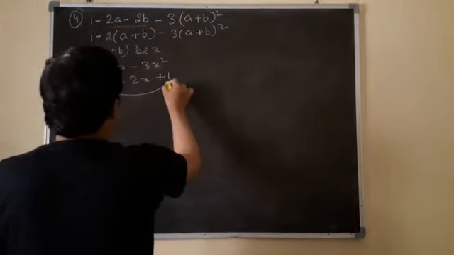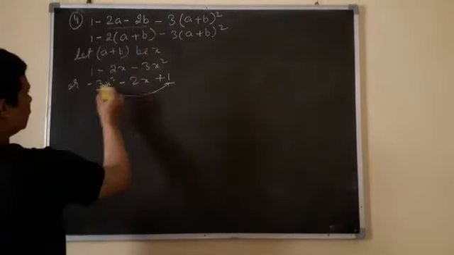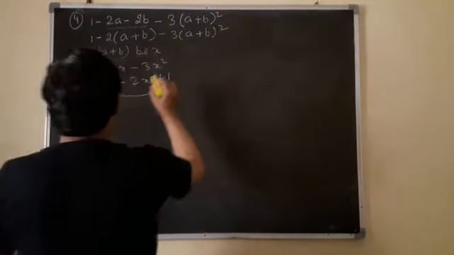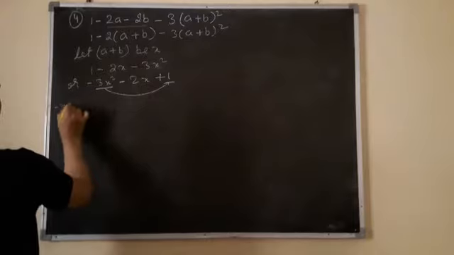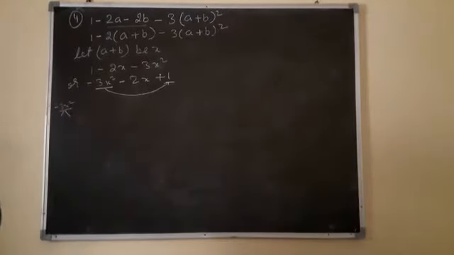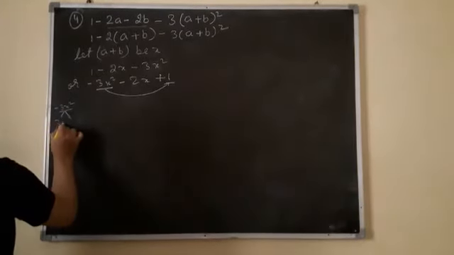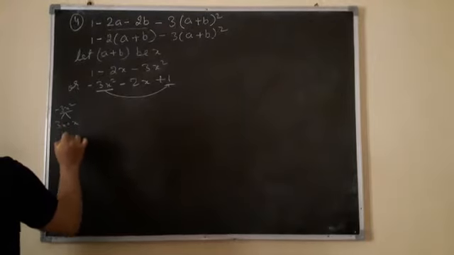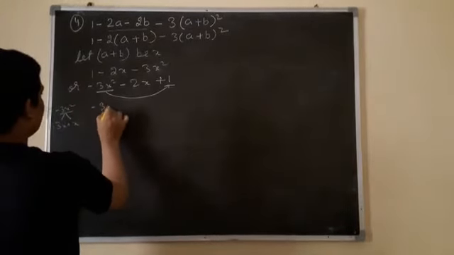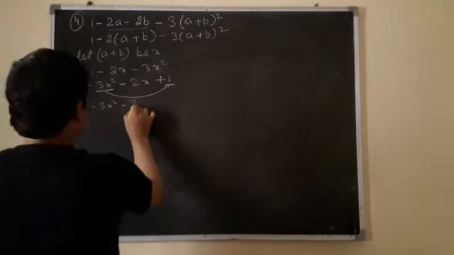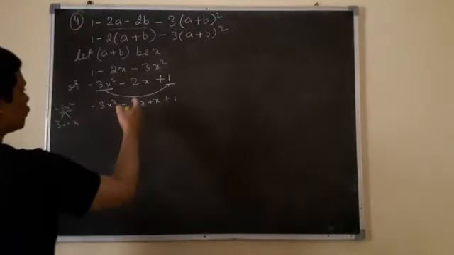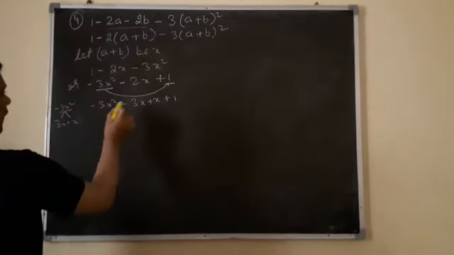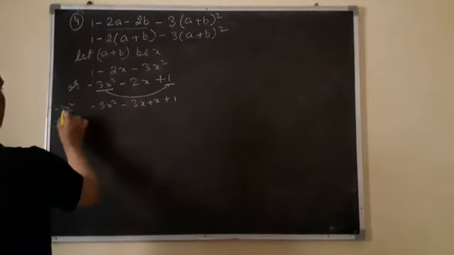For that we have to multiply the extreme terms, so it will be minus 3x square. We have to split this number into two parts such that the product is minus 3x square. So we will write minus 3x square minus 3x plus x plus 1, in place of minus 2x. And if you multiply, the product will be this much.